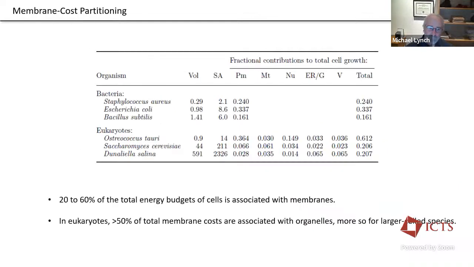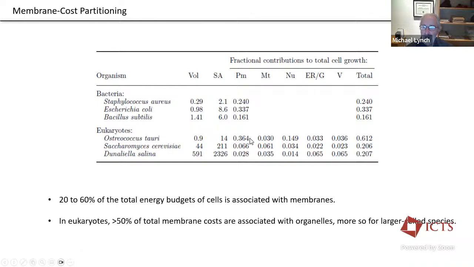There's only a few organisms for which we can do this. And I've tried to give you a rough idea of how energy budgets portion up. If we look at bacteria, we're just talking about the plasma membrane. There are none of these organelles here. And this is telling us that the fraction of the total cell's energy budget going into lipid membranes is on the order of 20 to 30 or so percent, something I pointed out yesterday, the so-called Realtor's law. And then when you get into eukaryotes, we can start to break things down.